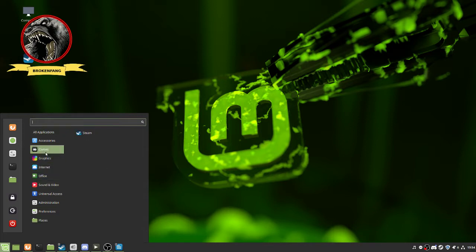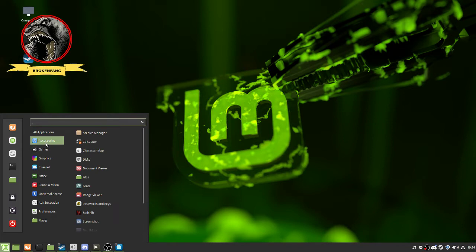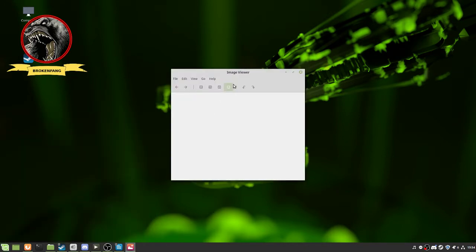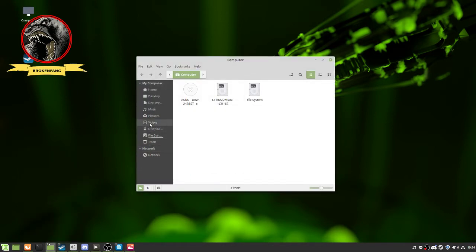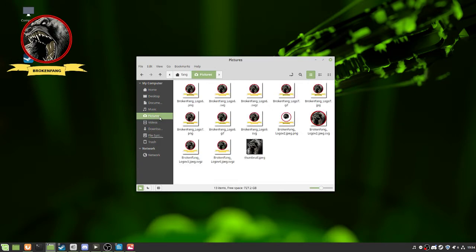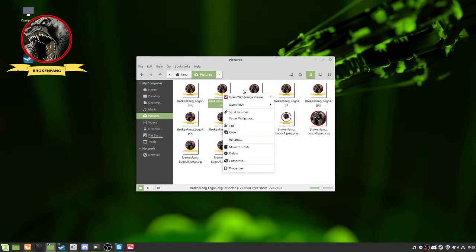If I click games, under games, it's just got Steam. Accessories, you have your calendars, folders, disk space managers, image viewer. Let's say I'll go image viewer, and it's a generic image viewer with some defaults. We even have Explorer, just like I can right click and go computer, trash, and then right here, same as Windows Explorer, videos, pictures. Here's some of the logos that I worked on today. I can either use GIMP or the default Explorer, so I'll use the default Explorer and